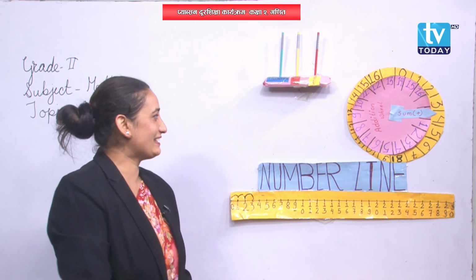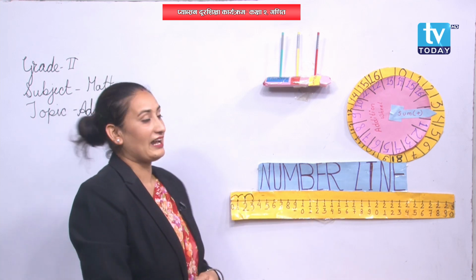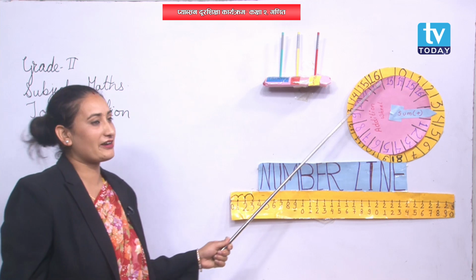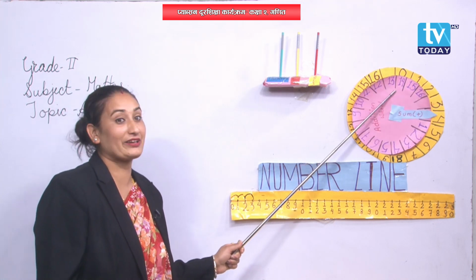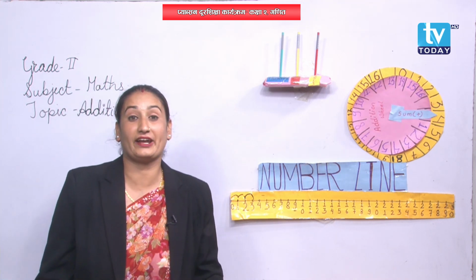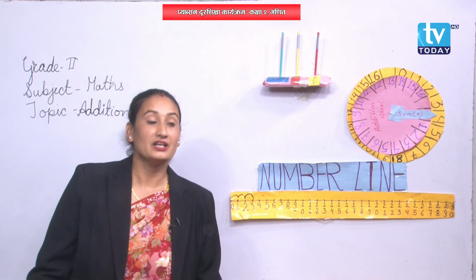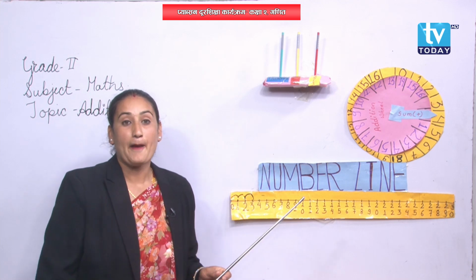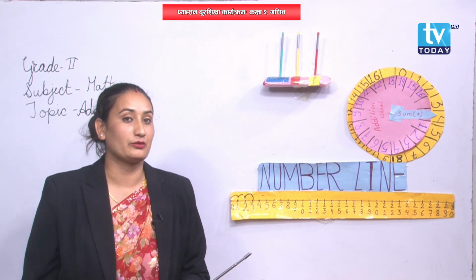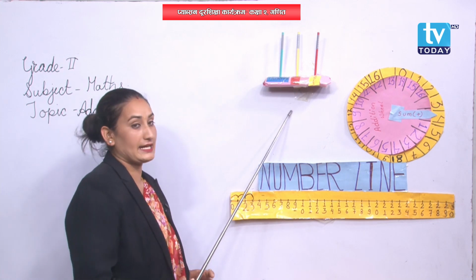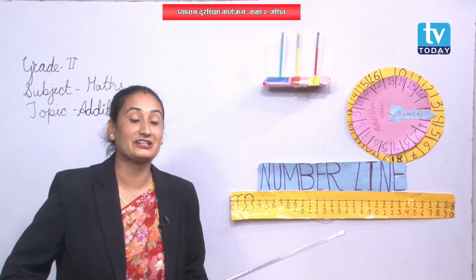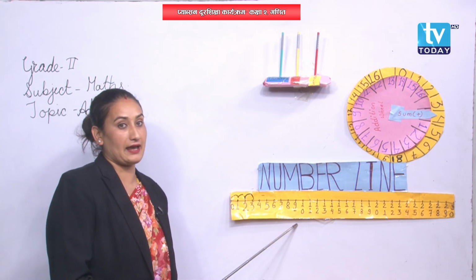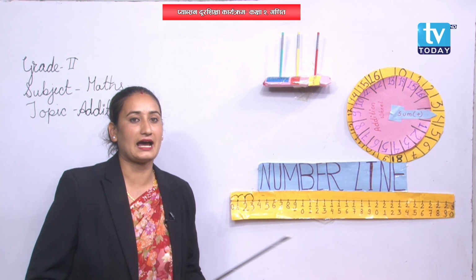Okay, students, see here. Have a look at the board. The first, have you seen it, round in shape? This we call an addition wheel. Here at the top we call it the Base-Ten addition method. You can prepare it at your home also, just like an abacus. Same like that. The third method is the number line.